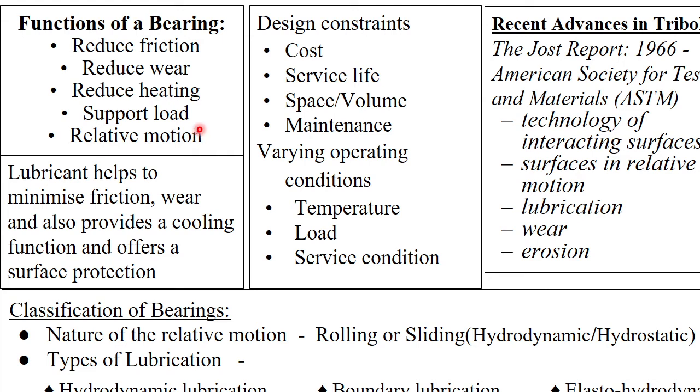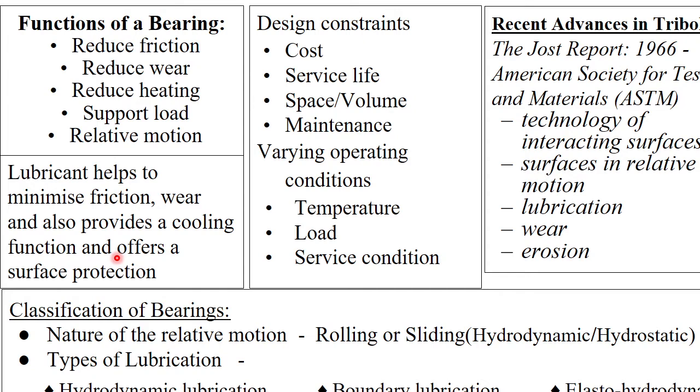And in addition, there are secondary and tertiary requirements of a bearing. Those are to reduce friction, to reduce wear, to reduce heating, etc. So heating comes from the energy loss due to the friction force present in the bearing. Now, to reduce this heating effect or to reduce friction, we use lubricant. So this helps to minimize friction and wear, and if there is a lubricant flow, it also helps in the cooling of the bearing as such.